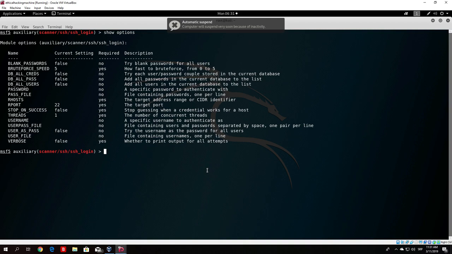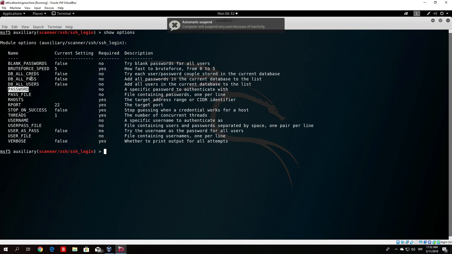I mean, we will first of all use a simple password list, so we will not need a higher speed for this. The next things we need, these are all not required. Password, a specific password to authenticate with, no. Well, basically you would use this if you already knew the password, so